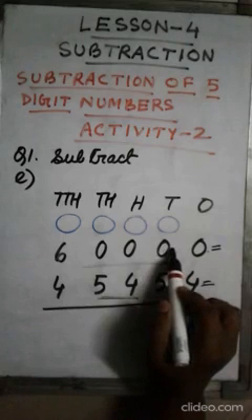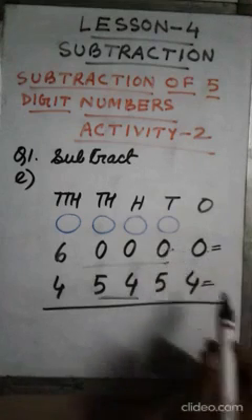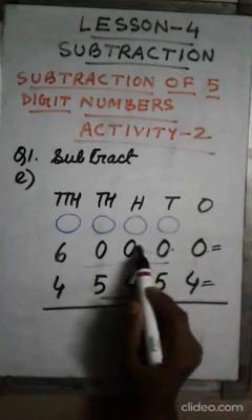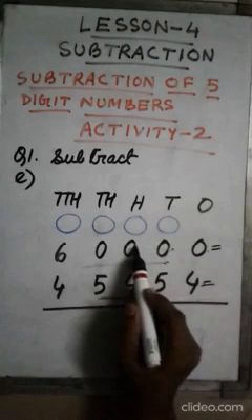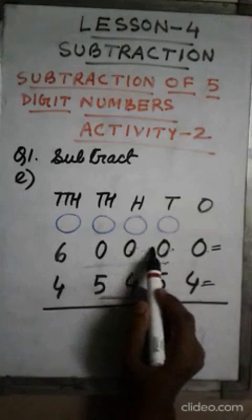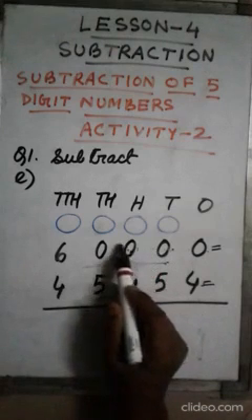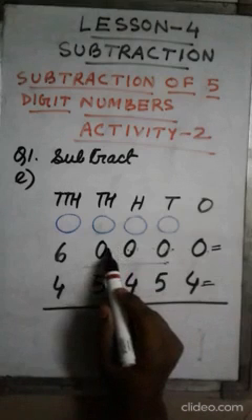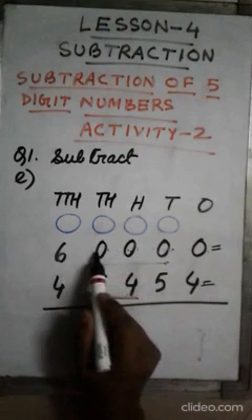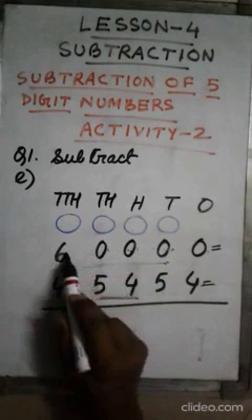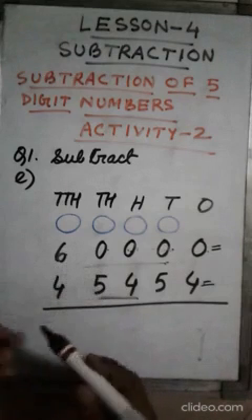Just keep this in your mind. Then we shall check for the next place, that is also 0. We cannot borrow here. We go to the next place. This is also 0. Then we shall move to the next place. It is 6. So we can borrow